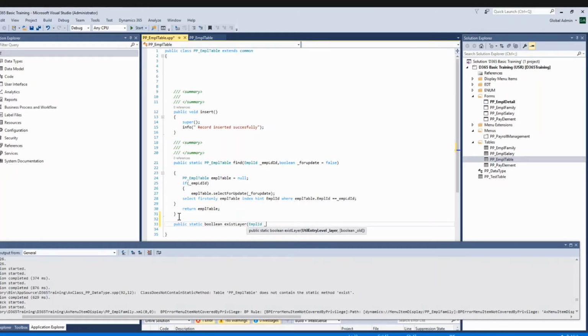This will also be a static method, because it is to check if any table record exists among all the objects of the table class, and it will return a boolean value. I will name it exist.